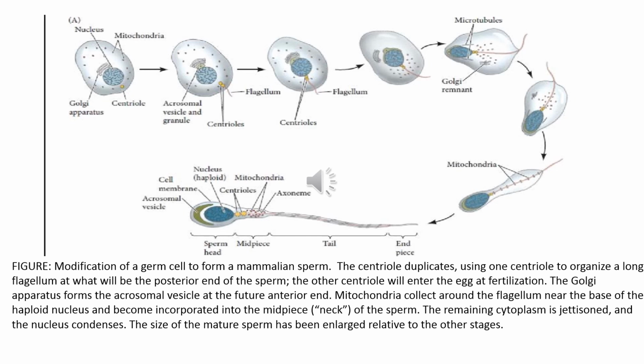Then we have another change in the Golgi apparatus. This Golgi apparatus is going to form the acrosomal vesicle, which basically forms the cap at the tip of the nucleus. Then mitochondria are going to arrange around the tail region. Why? Because mitochondria will provide all the energy required for the movement of flagella and hence for the movement of the sperm. Maximum of the cytoplasm present in sperm will be shed off.